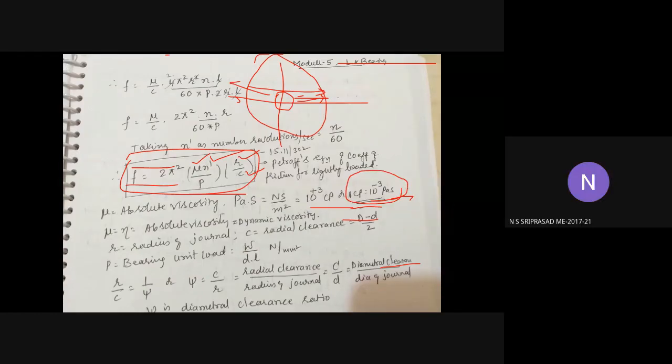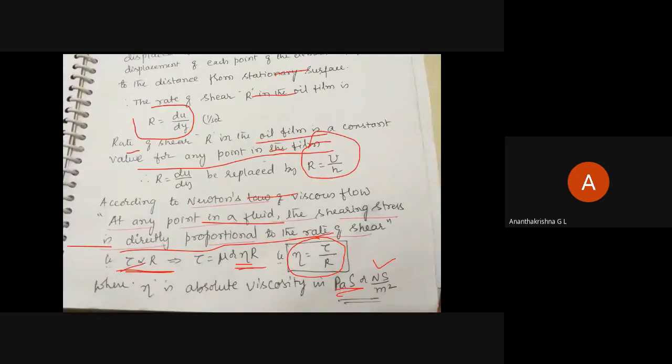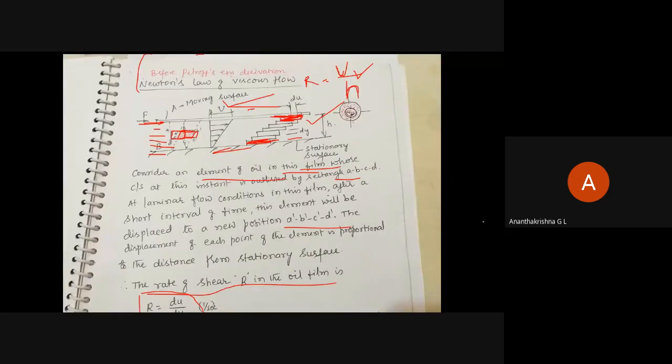Excuse me, sir. So what is the difference between C and H then, sir? Which one? C and H. Yeah, see, that is for derivation purpose and to understand rate of shear. Again, they are one and the same theoretically. If I see C and H, this is nothing but the bearing and journal surface. So that's essentially the difference between these surfaces. But what we are talking about here is, this is the bearing. If I take this is the journal.